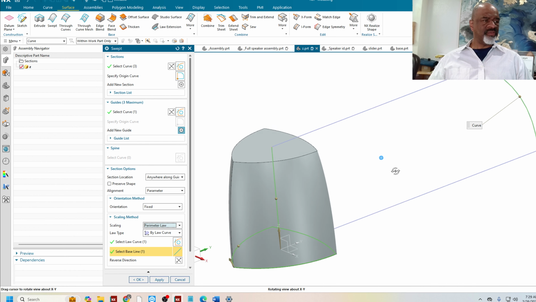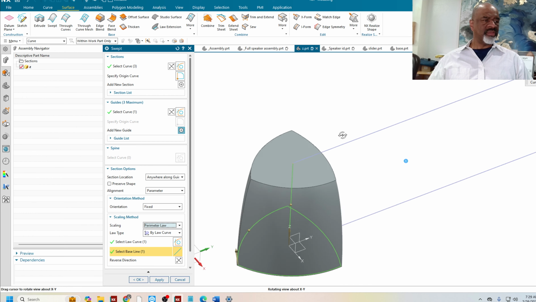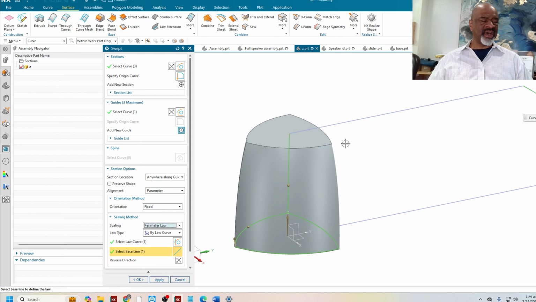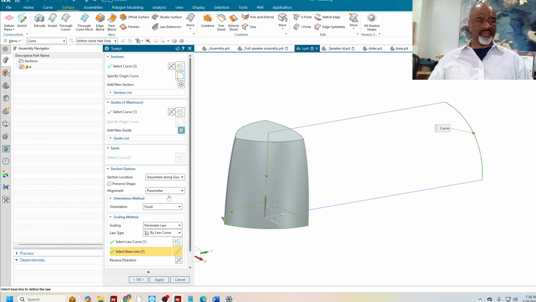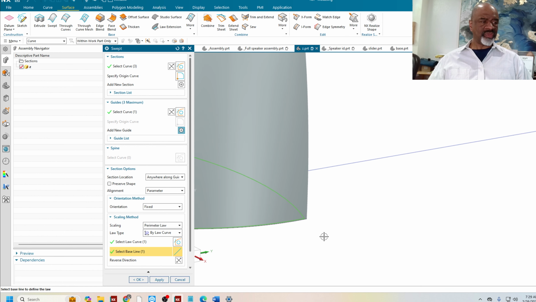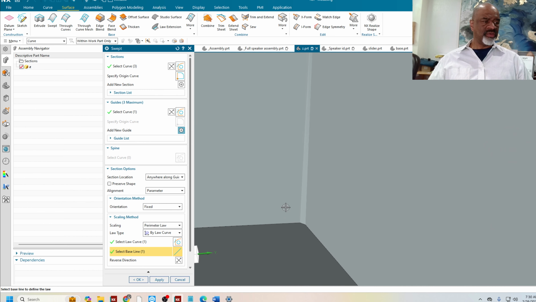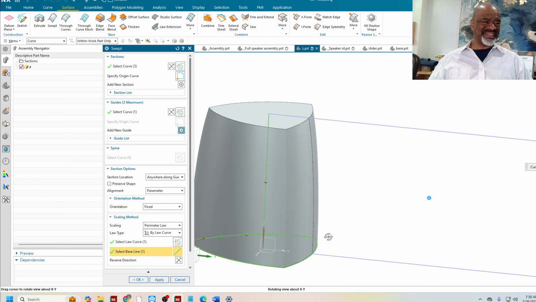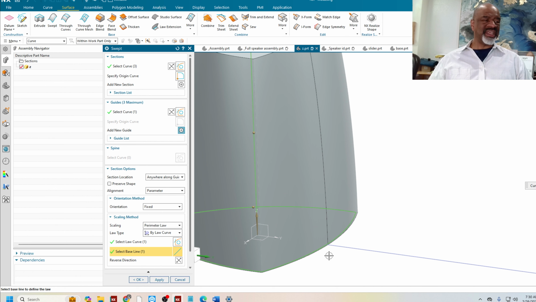Okay, now what I need is at every single edge, I need a sharp corner because that sharp corner needs to be blended. I want a G3 curvature continuity blend at each corner. So I have to have this preserve shape on. The significance of preserve shape is that if I don't have preserve shape, I'm not really getting a sharp corner. I'm not getting the surfaces to be commensurate with the sections of the section, or the segments, I should say,